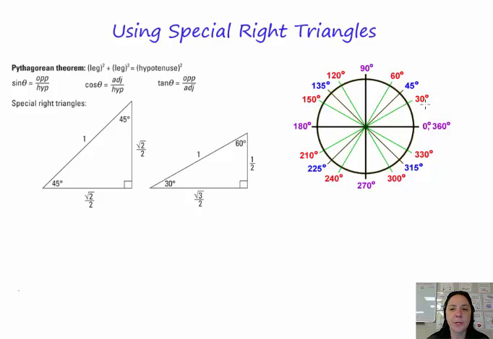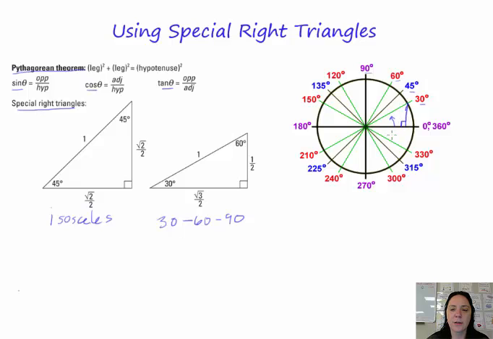So we have our degrees marked on our unit circle, 30, 45, 60, 90, etc. And we have our review information, the Pythagorean theorem, our definitions for sine, cosine, and tangent that we developed using right triangles. And then we have our special right triangles here, our isosceles right triangle, and our 30, 60, 90 right triangle. So if we consider first here where we have a 30-degree angle,